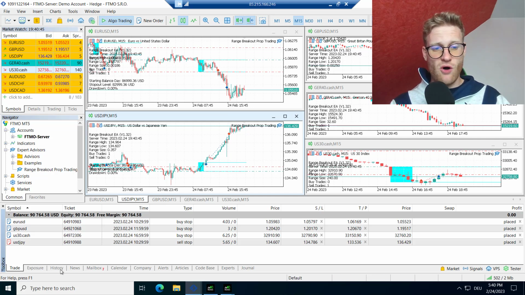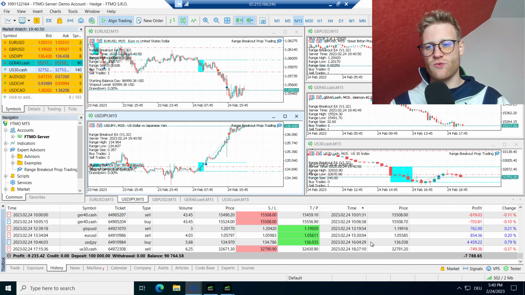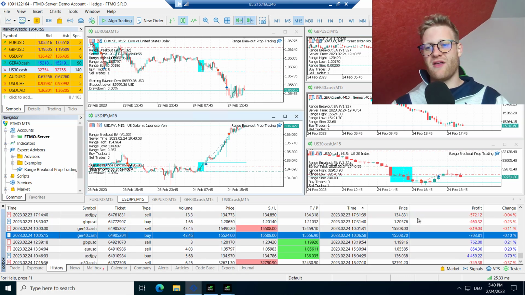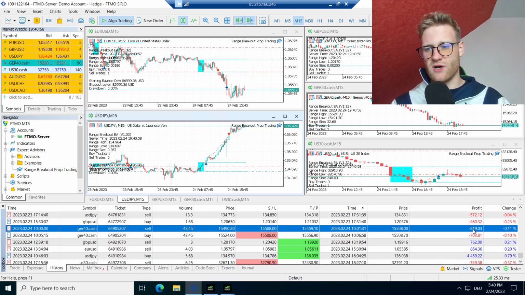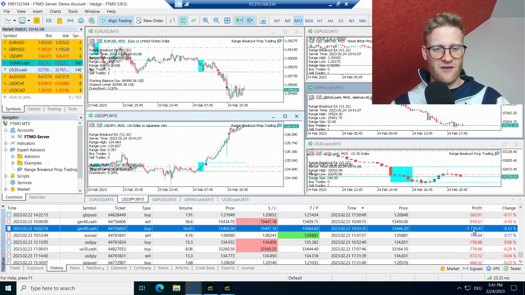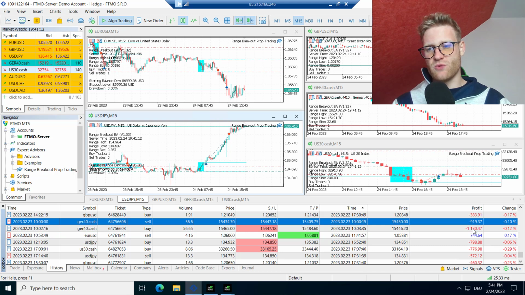What I now saw in the live demo trading is that if we have a look at the history, sometimes the losing trades were a lot bigger than they should be. For example, this trade was nearly 10% bigger. The loss was 8% bigger than it should be. And we see even worse trades like this one, which was nearly 50% worse than it should be. This one was also more than 10%. I think it's even 20% worse than it should be, because